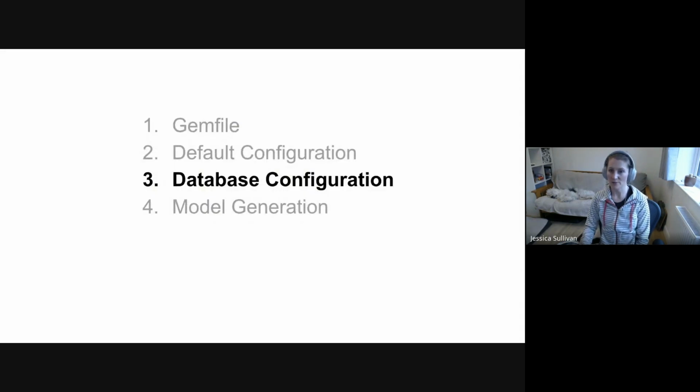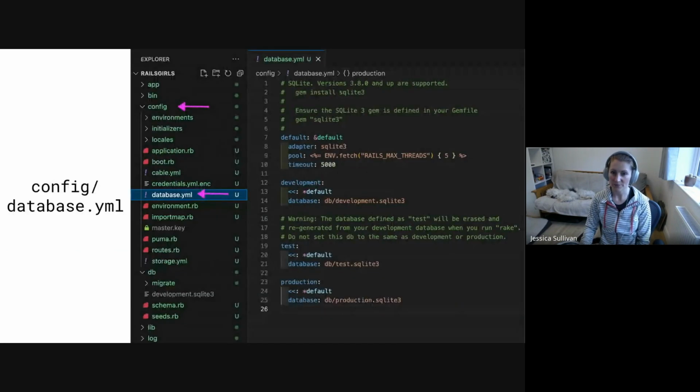Surprised she's already halfway through, Zoe forges on to the next item, database configuration, and heads to database.yml. This file, Zoe learns, is essential for specifying how Active Record should connect to her database. Similar to the groups in her Gemfile, Zoe sees that this file is also organized into sections for different environments: